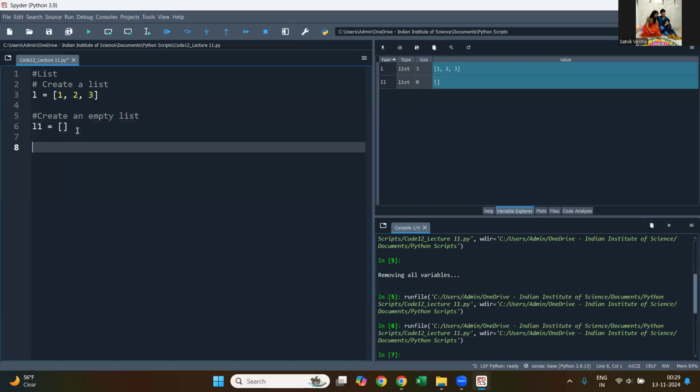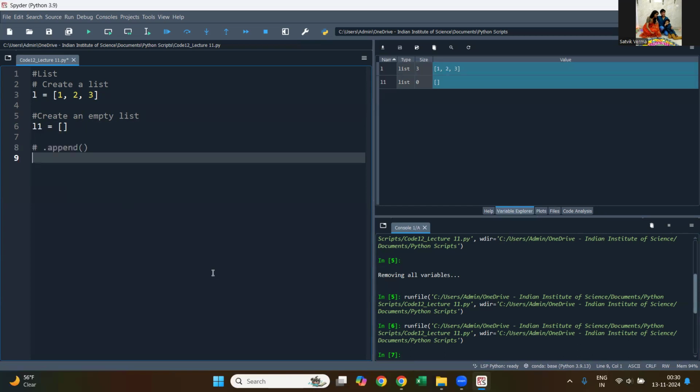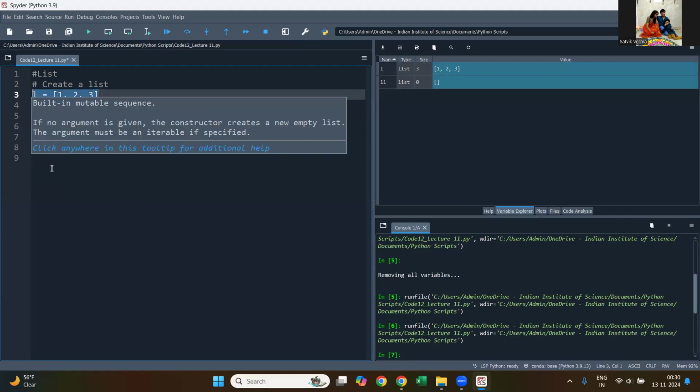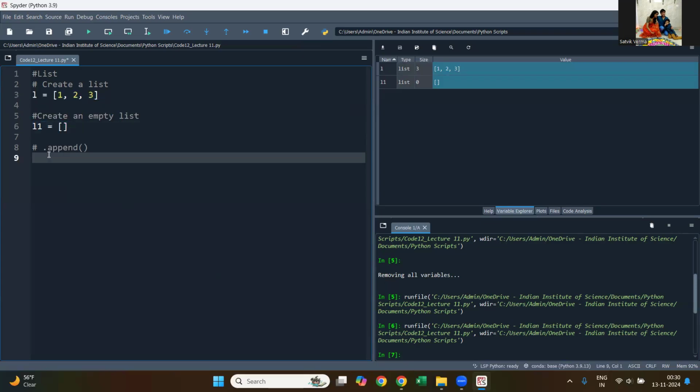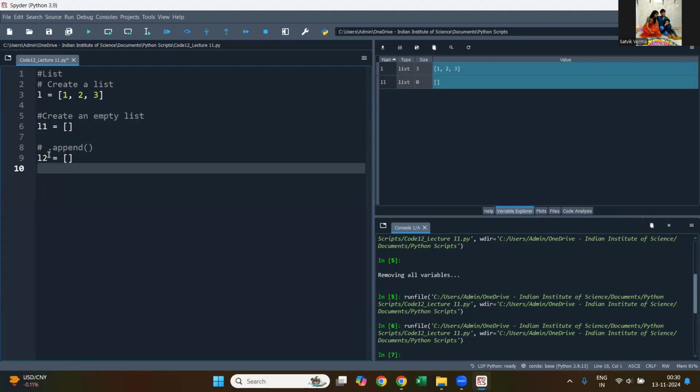Now there is a very interesting command that you could use, and that is dot append. So first of all, you need to define a list. So you could either define a list like this, or you could just make an empty list. All right. So let's start with an empty list. Let's say L2 equals to an empty list, right? And then I could write L2, the name of the variable, dot append, and whatever I want to append. Let's say 5. So when I do this,